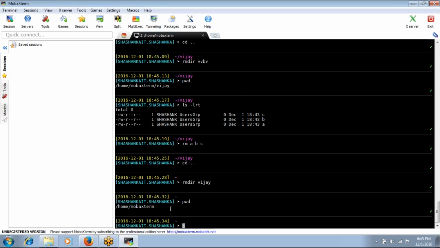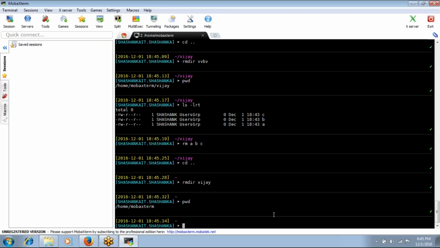Suppose you want to delete a directory, and in this directory we have a set of files and directories. Again, in that directory we have a set of files and directories. First you need to do the deletion recursively. First delete the last directory, then the next directory, then the next directory. We need to delete in this way.